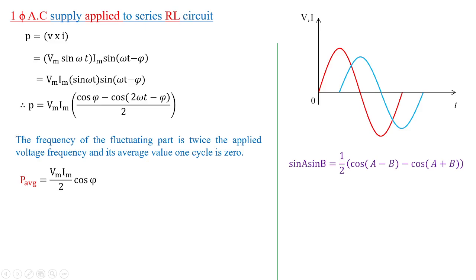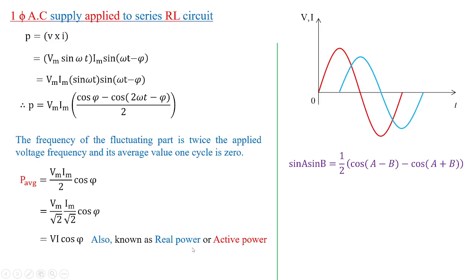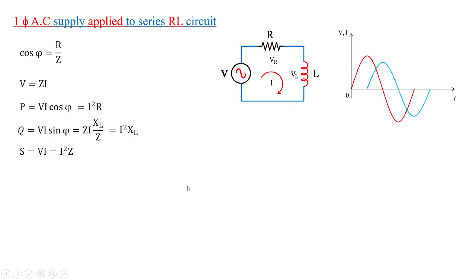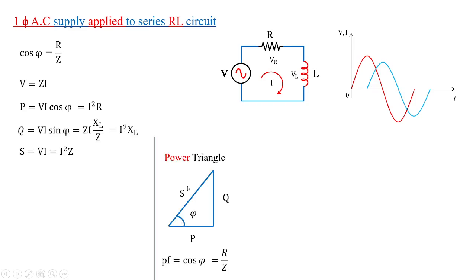So what happens to the actual value of power? The actual value of power is nothing but the real power, which is VI cos phi, and you can estimate the reactive power with the sine notation, that is denoted by Q is equal to VI sin phi. Now when you talk about the active power, reactive power, and the apparent power, we are going to get the value for